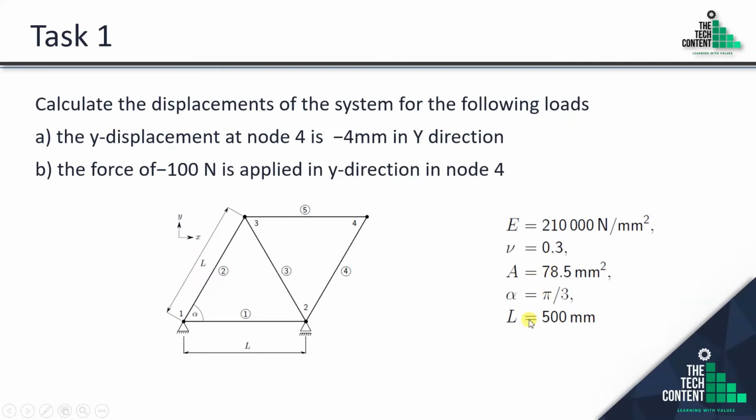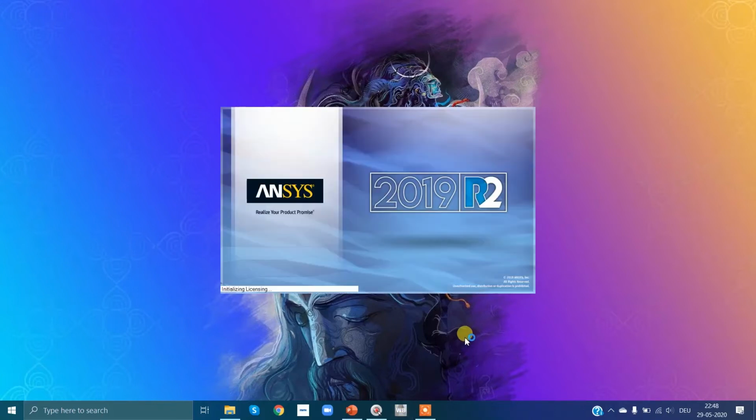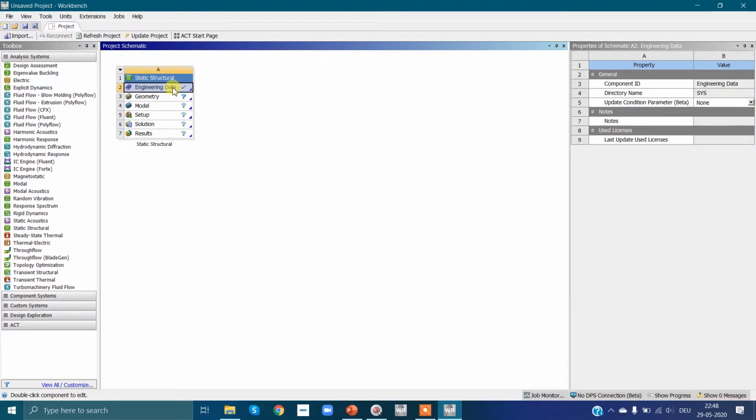So let's begin with ANSYS Workbench. Simply click on ANSYS Workbench. Now ANSYS has been opened. So we will simply go to Static Structural and double click, or you can drag and drop it here. Now engineering data. Firstly, we will assign our material properties. Simply double click on that.